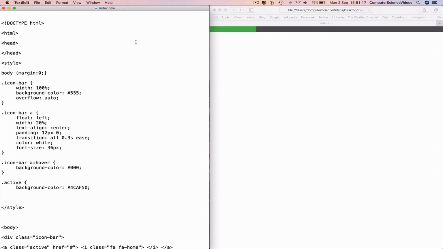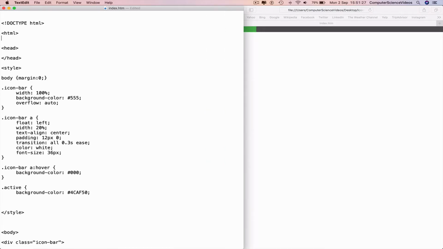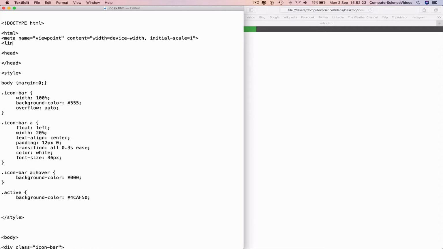If we go back to the code and insert a link that would bring in the icons, go to the top and just below HTML, type in less than meta name equals viewport in speech marks, space, content equals speech marks. Within that, width equals device-width, a comma, initial-scale equals 1, and then greater than. Move on to the next line and type in less than link rel equals speech marks stylesheet, and then href of the website we are taking the icons from as part of the CSS coding equals speech marks